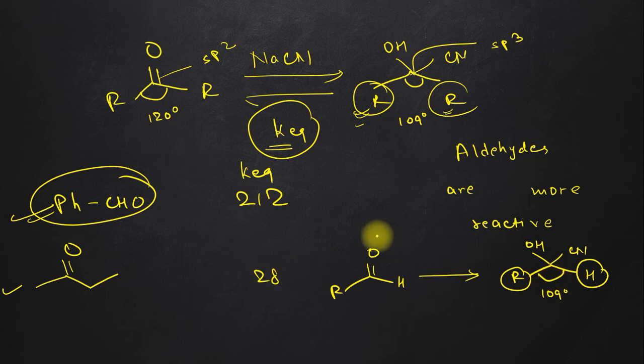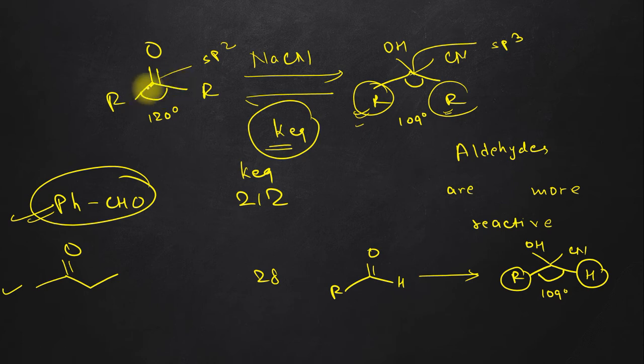Now guys, understand one thing. We can understand this in another way also. See, in nucleophilic addition reaction, the nucleophile is going to approach the carbonyl group. If the carbon of the carbonyl group is crowded, then it will be difficult for the nucleophile to approach the carbon of the carbonyl group. So this is the carbon of the carbonyl group. In order for the nucleophilic addition reaction to take place, the nucleophile must approach the carbon of the carbonyl group, and if it is crowded, it will be difficult for the nucleophile to approach.